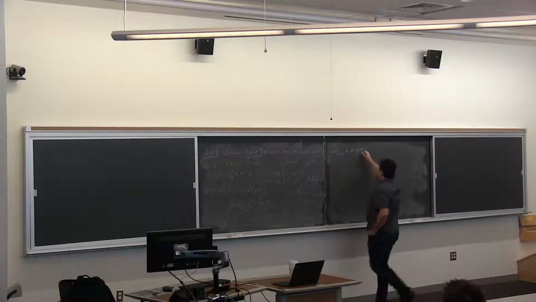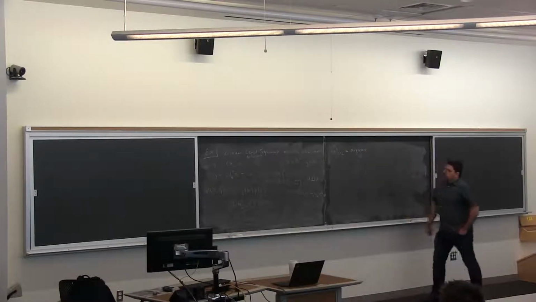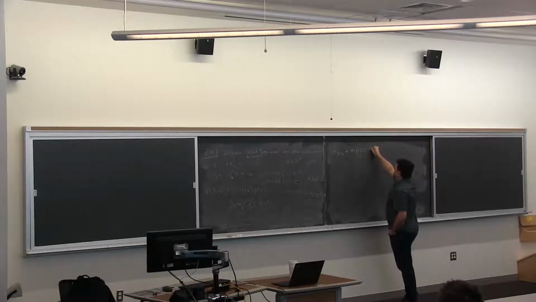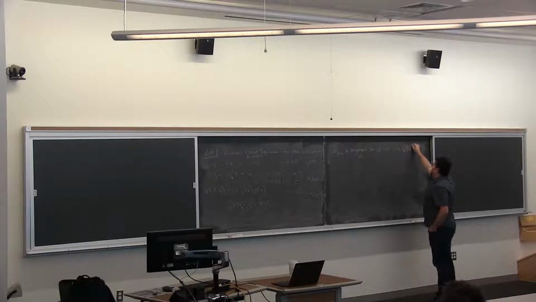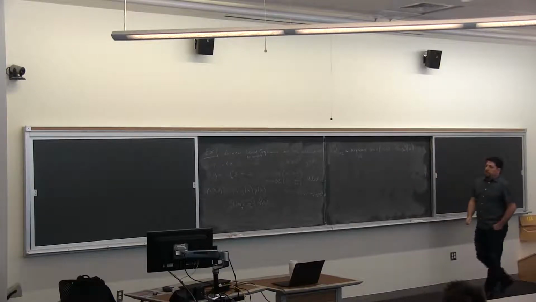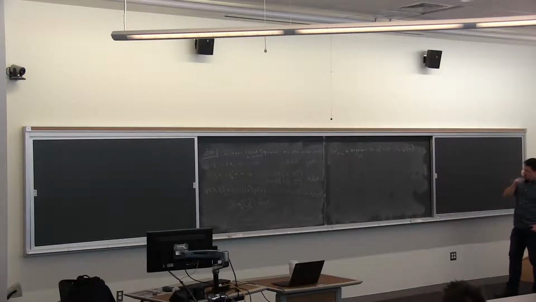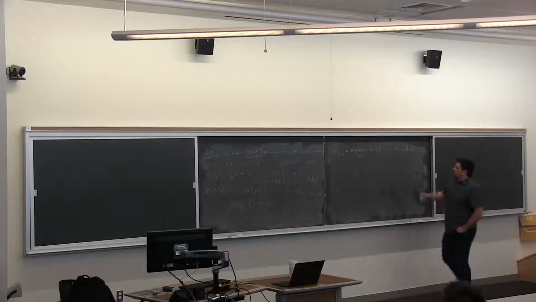Among all the W's that I could choose, I'm going to choose the one that maximizes the log likelihood of x1, y1 to xn, yn, all of these. And W is a parameter. Okay. So since these are IID,